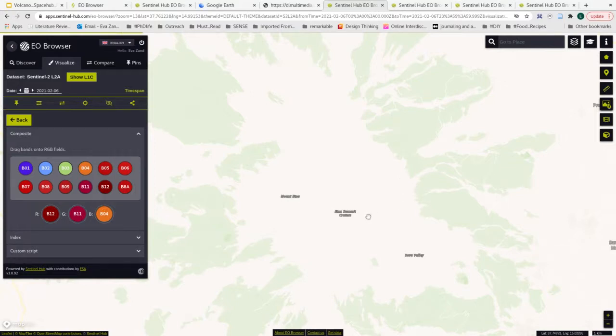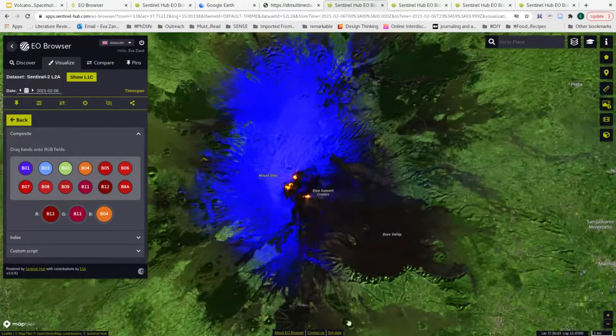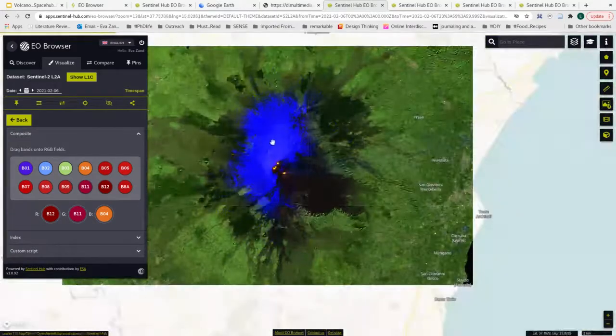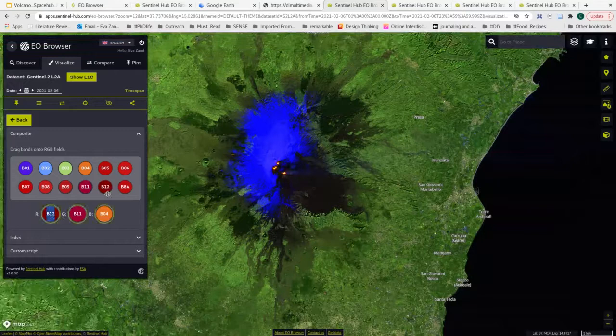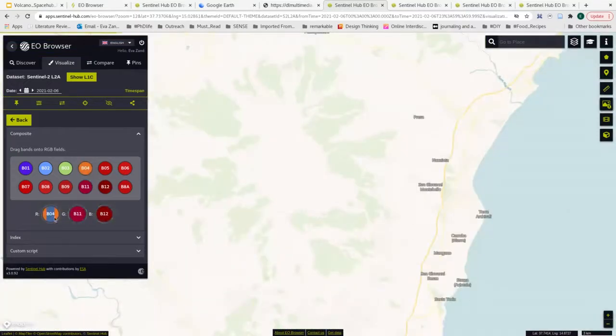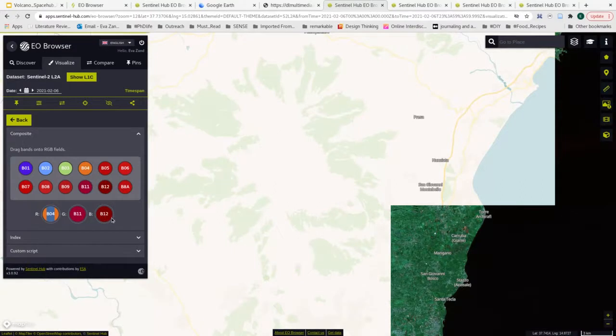This is the image we were just looking at, where you can see all those colors you were seeing before. But if we now decide to set blue as B12,